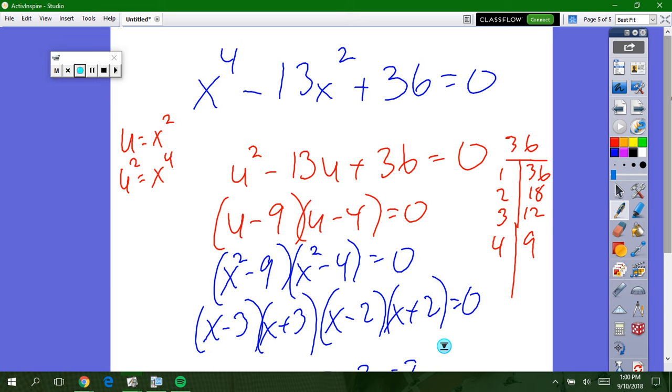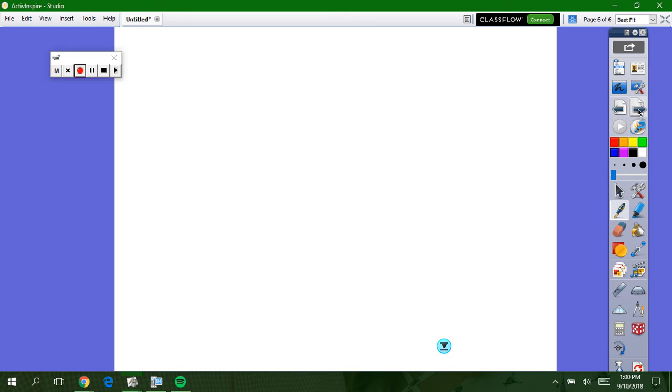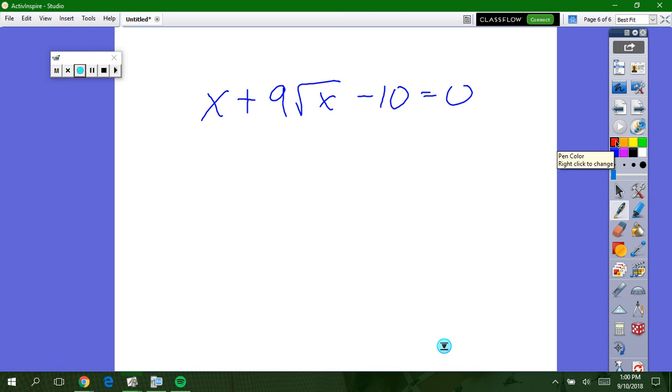Everybody there with me? Yeah. Let me show you another one that looks similar to that. Think about it like this. That one has the same idea. Who's my u? Not x. U is square root of x. Who's u squared? If I square him to both sides, what would I get? So couldn't I replace this and say,